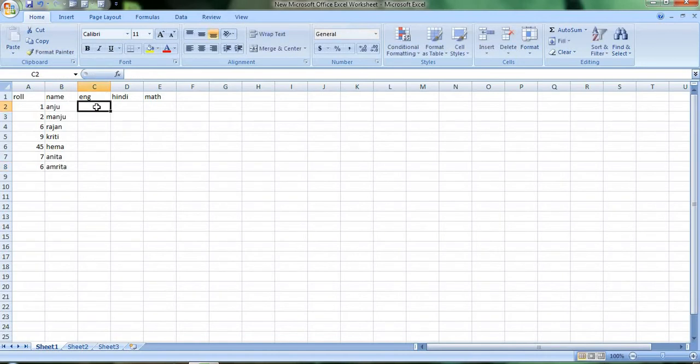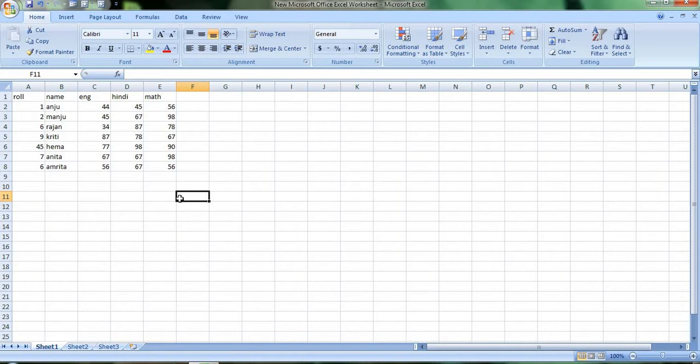Okay. Then the marks in English, Hindi and maths. Okay, I have basically entered here in the database.